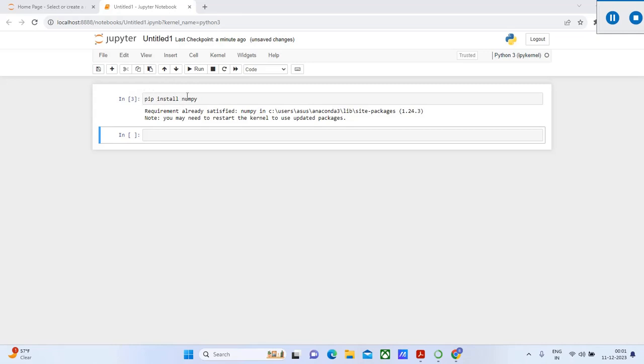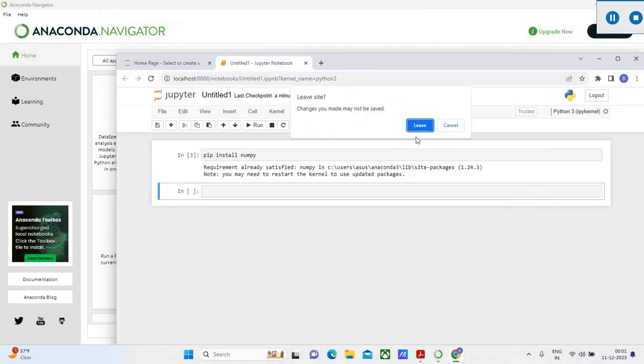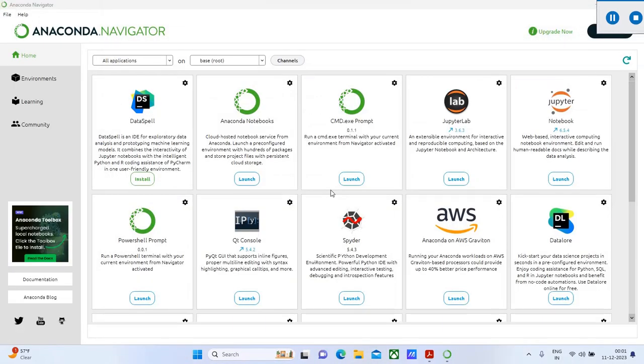Pip install numpy, then press this run command. If it is not installed, it will install that. So we come out from this cell, and if you want to install any library in Spyder